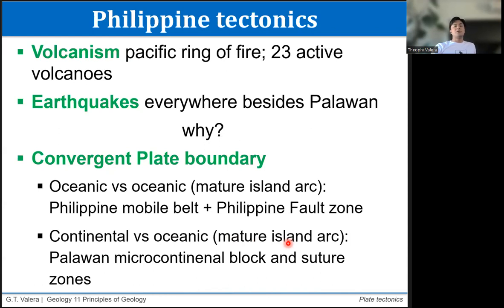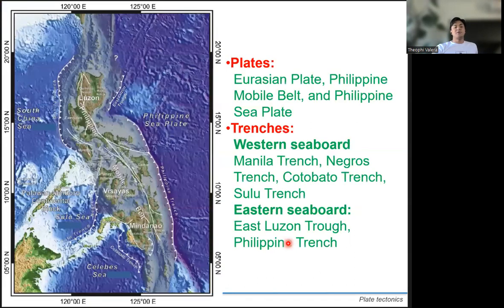So let's discuss in more detail the tectonics of the Philippines. You have this one. You need to memorize this part. So basically, the Philippines is the interaction of two distinct plates. You have here the Eurasian plate. All of this is the Eurasian plate. Everything to our west is part of the Eurasian plate. So the South China Sea, the Palawan Mindoro Continental Block, Borneo to the southwest, and then the Celebes Sea and Sulu Sea are all Eurasian plate. And then to the east, you have the Philippine Sea plate.